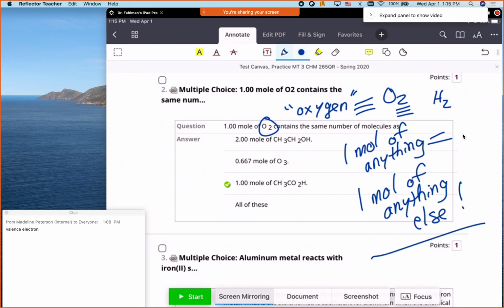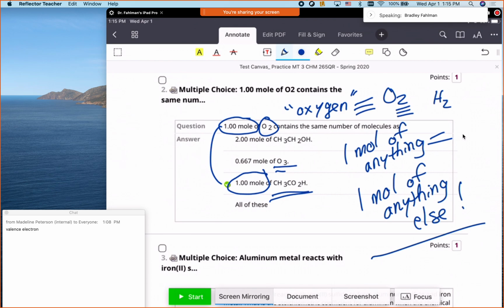Okay, so it doesn't matter what the identity of it is. It could be that, or it could be oxygen or ozone or any other molecule. As long as there's 1 mole, that will be the same as 1 mole of oxygen. Okay. Now, if you're talking about how many